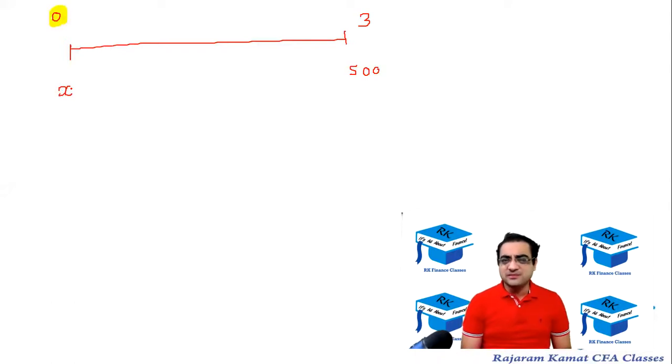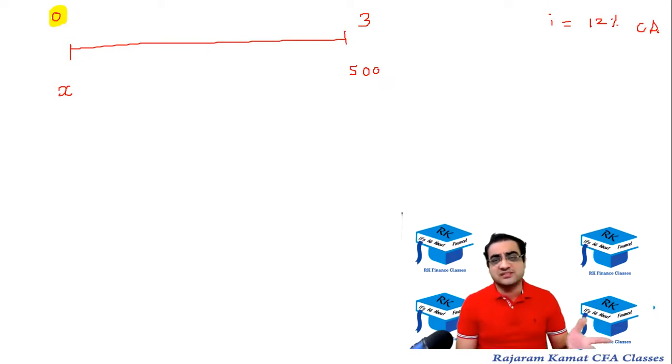Obviously, a very easy question. The interest rate, let me say, is 12%. And if nothing is given, you will assume that it is compounded annually. If they give it, then they can give it as quarterly compounded, monthly compounded, etc., or weekly compounded, etc. But if nothing is given, we'll assume annual compounding.